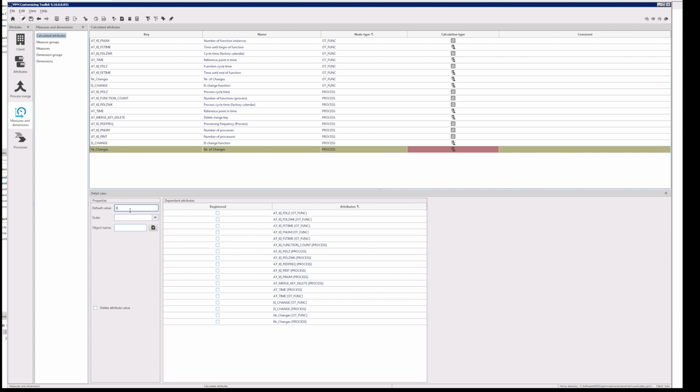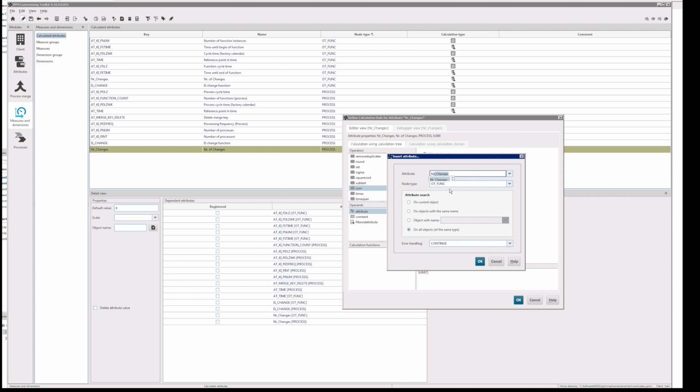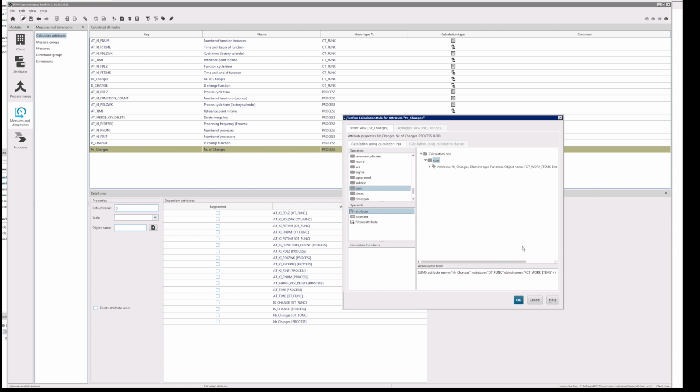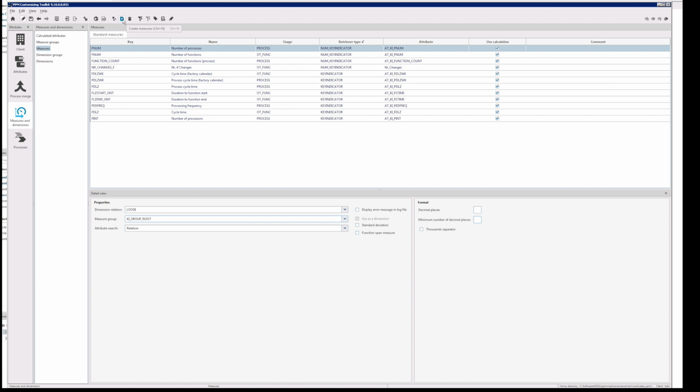This time I'm actually going to use a default value, because if we don't get a sum here, and I'm going to be really lazy, and all I'm going to do here is sum up all the attributes values of number of changes. I'm just going to sum them up. And if I don't have any results, I'm going to leverage this default value right here. So now we have number of changes on the process, and I can go to measures,